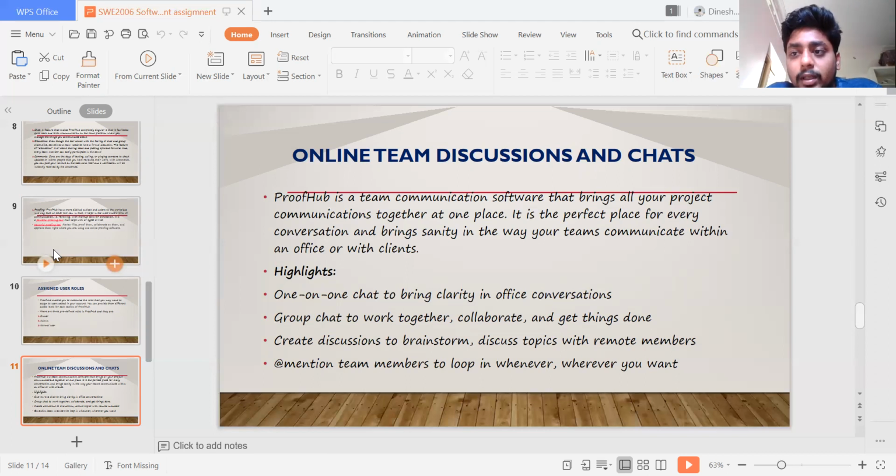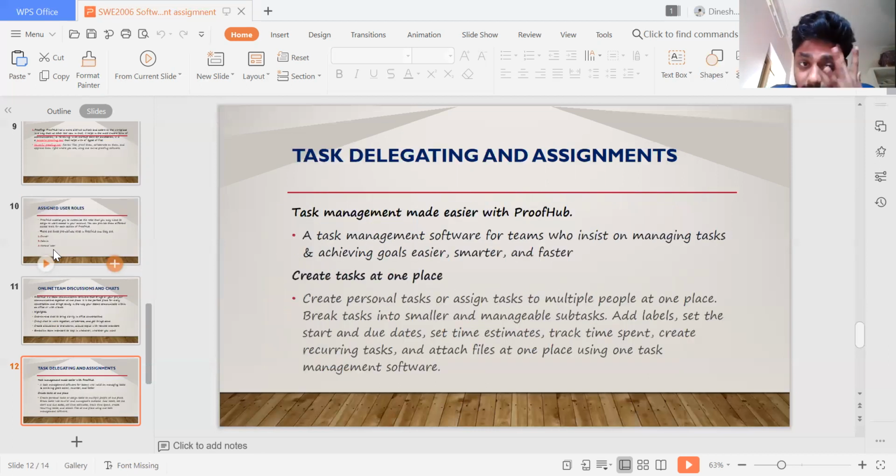It offers one-on-one chat to bring clarity in office conversation, group chat for collaboration and getting things done, and discussions to brainstorm topics with remote members. You can mention team members to keep them in the loop whenever you want.